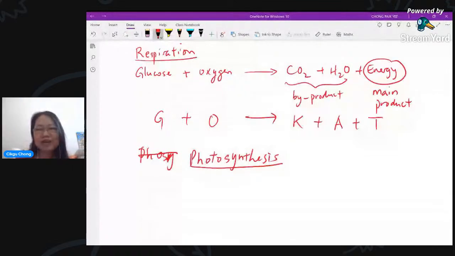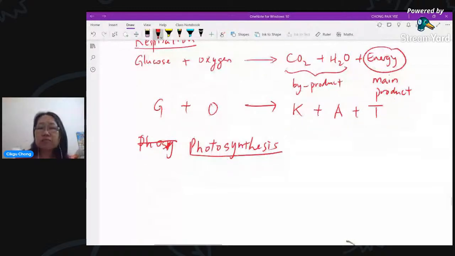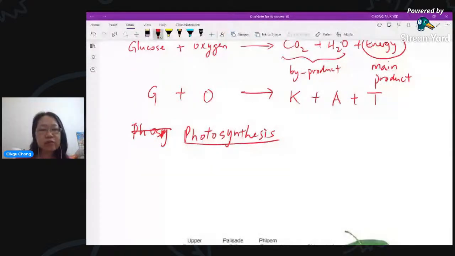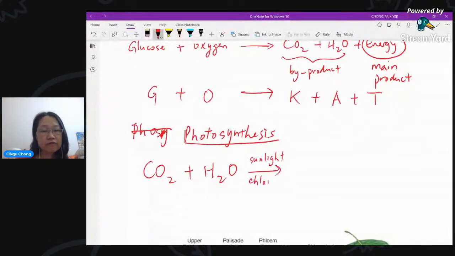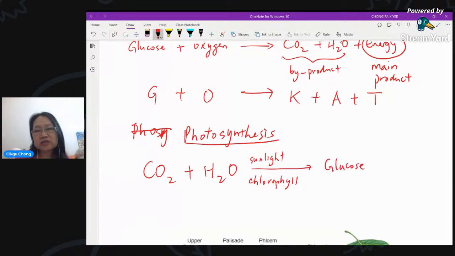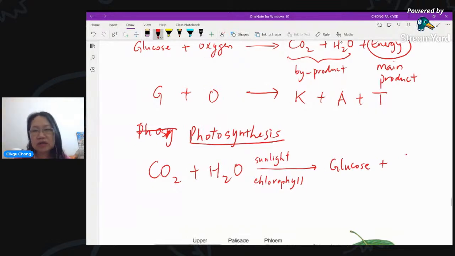So making back the food, you need the raw material. And actually the raw material is your carbon dioxide and water. You see that? Carbon dioxide and water is your raw material. And of course, don't forget your sunlight. And don't forget you need to have chlorophyll to carry out this process. Then you are going to make the food, which is generally speaking the glucose molecule, and you also produce oxygen at the same time.